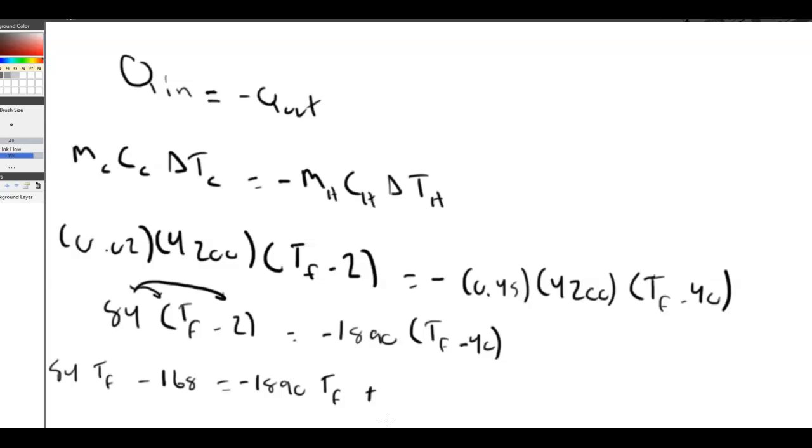Just type that into the calculator. This can be plus 75,600. And now all I have to do is combine my like terms. I'm going to add this value to both sides. I'm going to add this value to both sides, and then I'm going to divide. So you should get, let's see, what is that going to be? 1890 plus 84 is 1974 T_F is equal to, and by the way, as you're doing these problems, there's an easy way to see